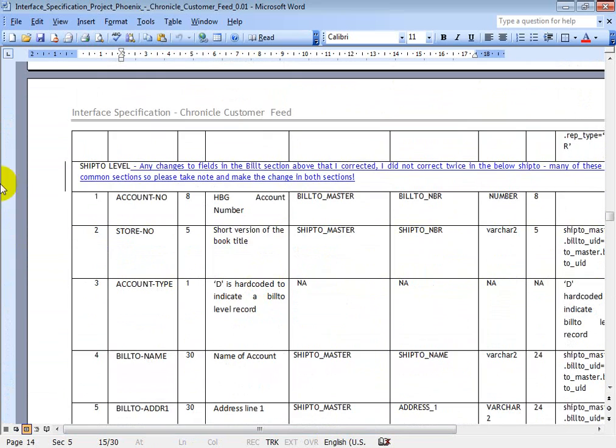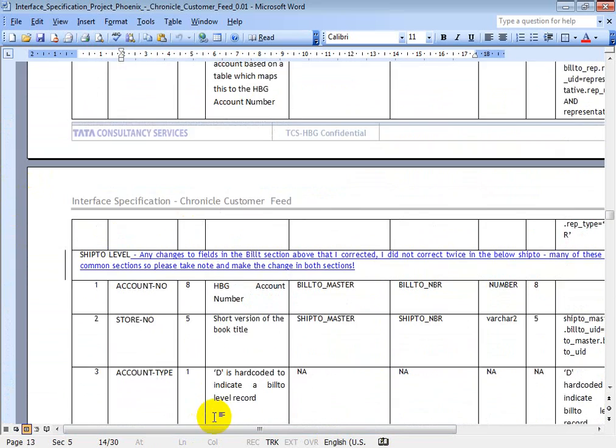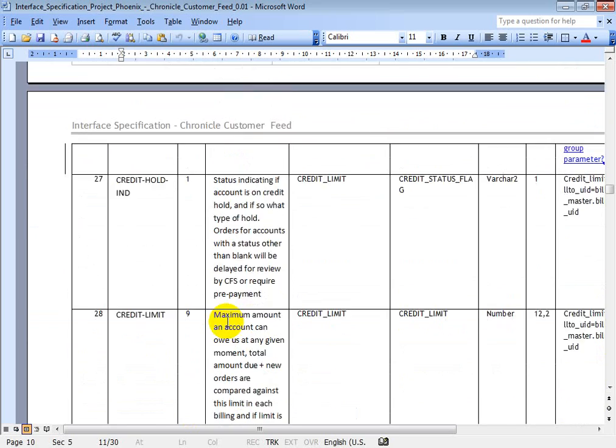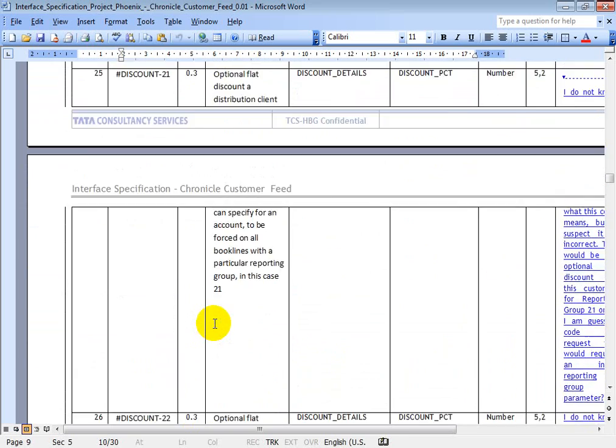There will be ship-to level records, where the store number and ship-to number information will be captured. Whatever updates you have done for a particular ship-to under some account number which is assigned to the CB customer, that information will be available. There are also bill-to records.